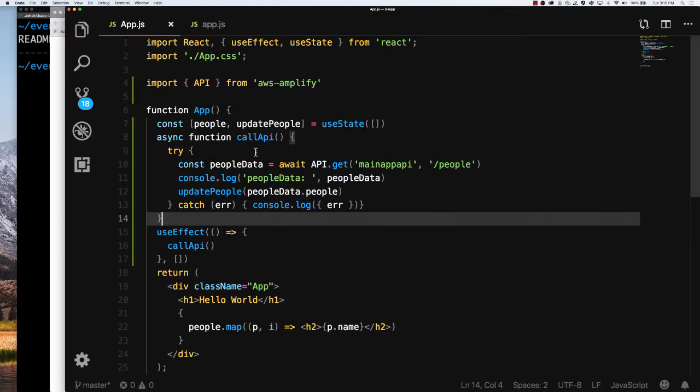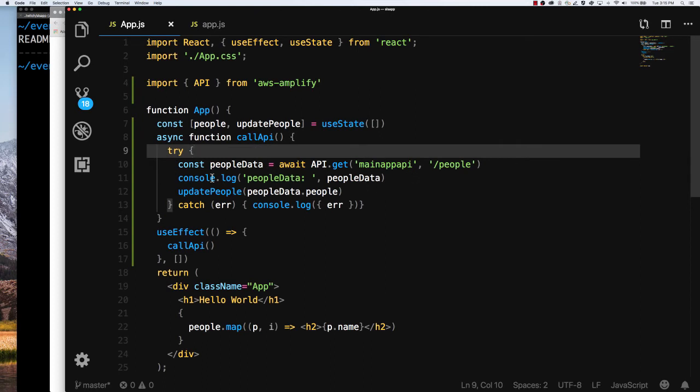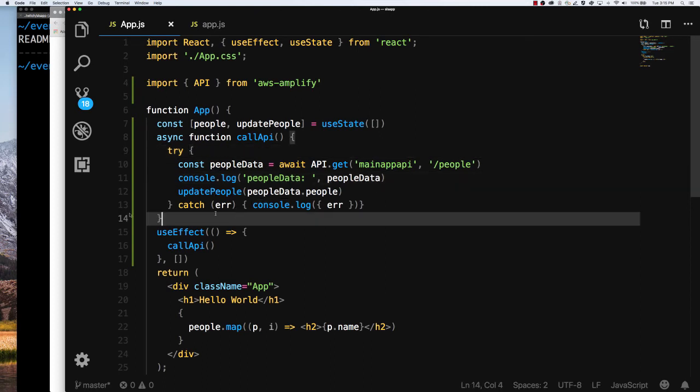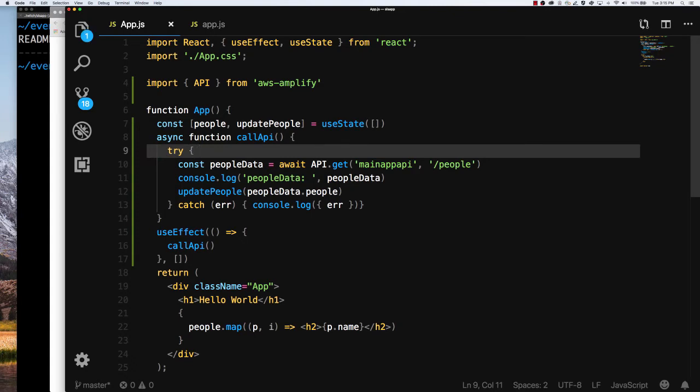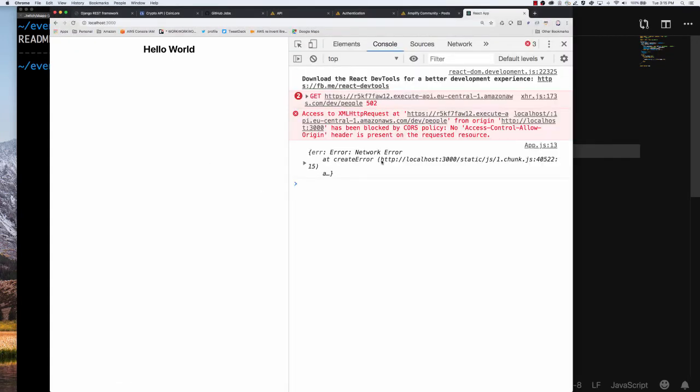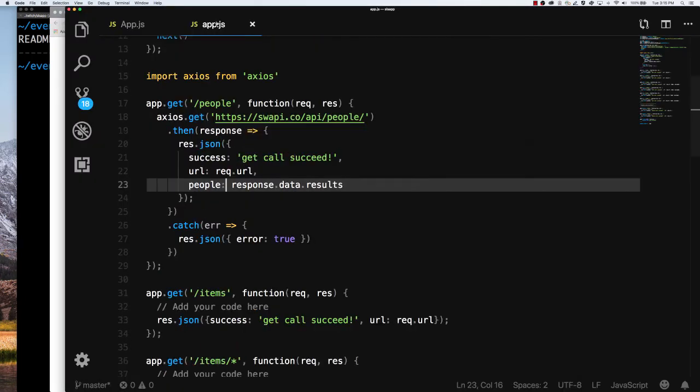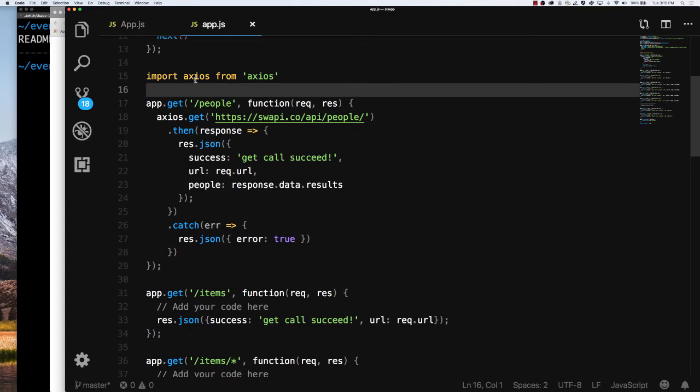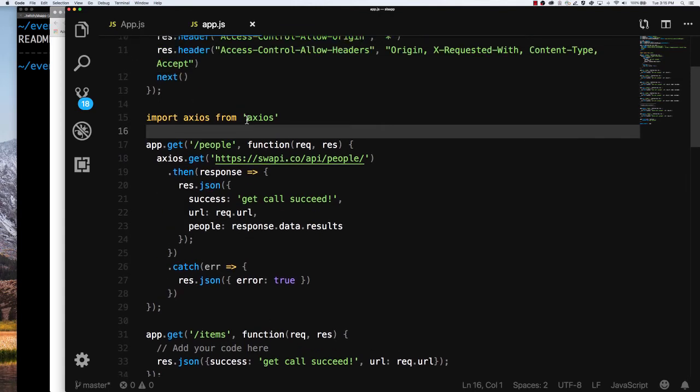Look at app.js. No, it looks good. Let me try to save this and refresh and just see if I can figure out the network error. We're getting a CORS error, but I think that's just some error I probably made here. Well, now that looks